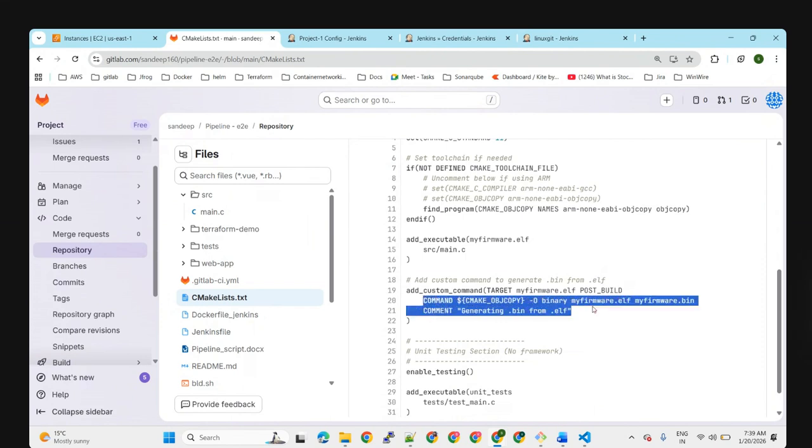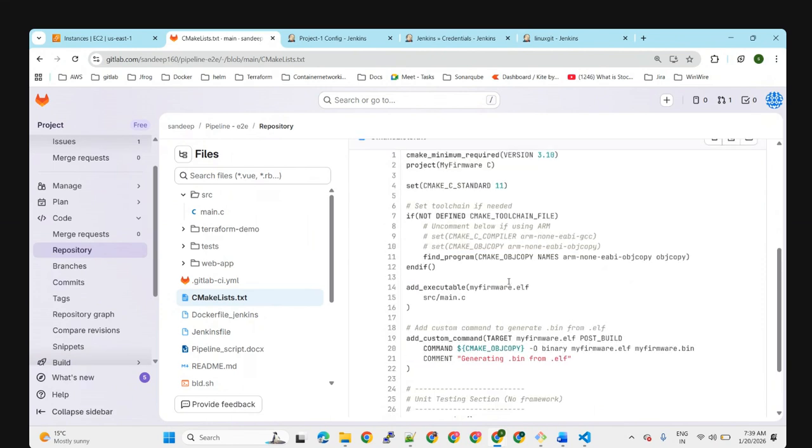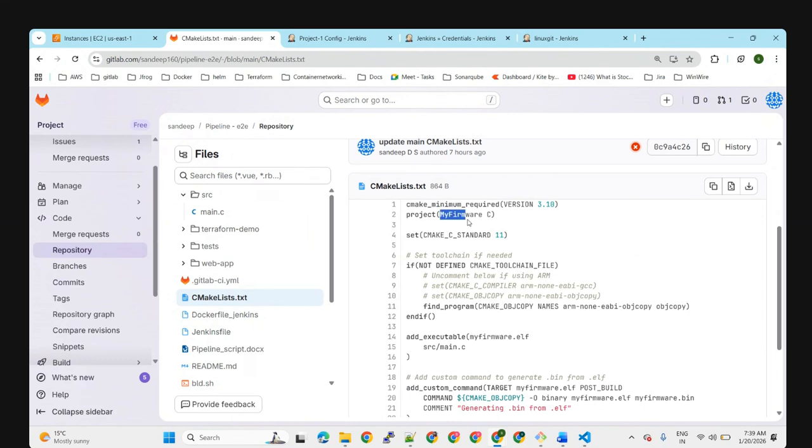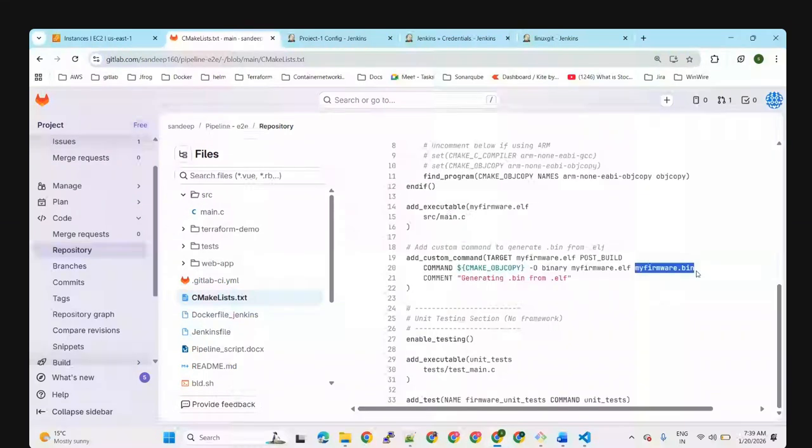Now what was the command that we defined? See, this section will help us to create my firmware .bin. So how is it creating? It will pick from the project name and create this. We call it a binary, we also call it an artifact, and also an executable, build, binary, artifact. All three are the same. Okay, what is build? So build is an executable